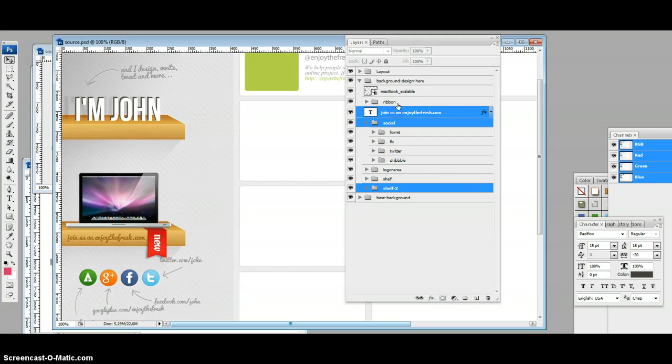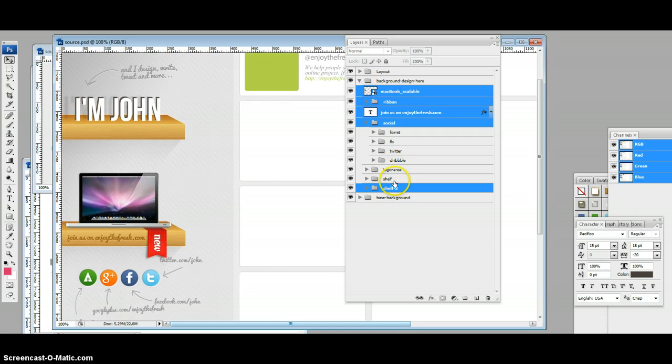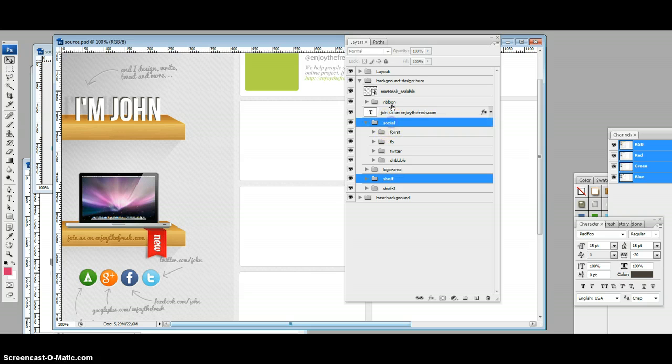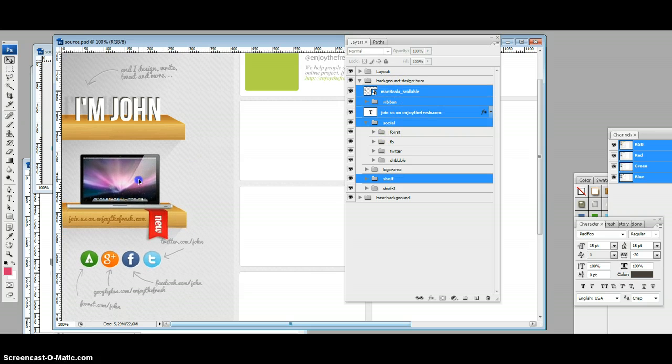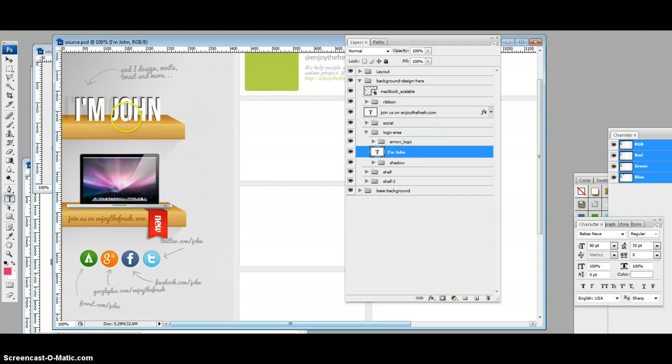Let's see, I'm going to select all the stuff I have. It's going to pull, oh that was the wrong shelf. I'm going to go ahead and select them again. I'm just going to go ahead and pull that up a little bit. That looks right. So I got the look that I want. Now I'm going to go ahead and modify the text here. So I'm going to go to the logo area here, change that,